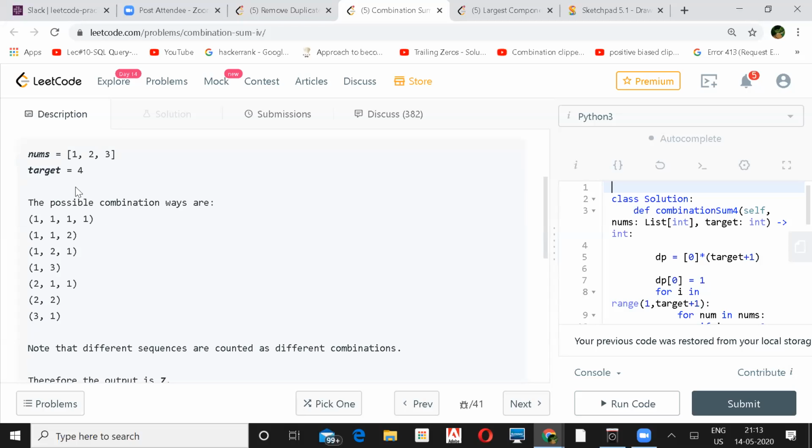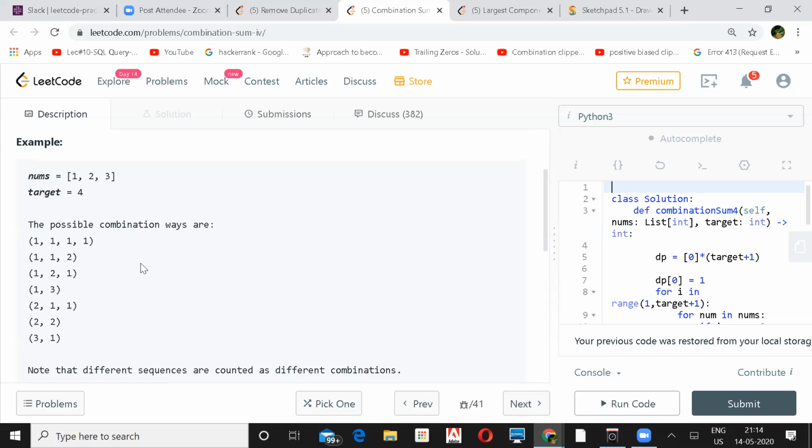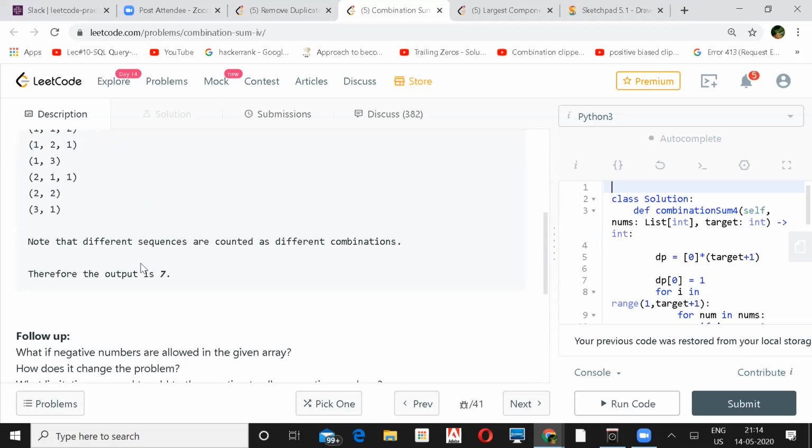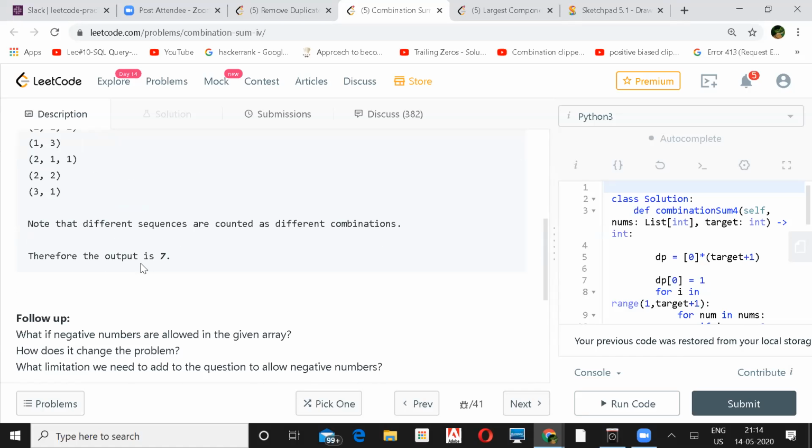But if you use a negative number, you can use the same number multiple times, so you need to know how many times you can use it to get the target. Otherwise, you can end up in an infinite loop. So then, can you come up with some example? Things will be slightly more clear in that case.